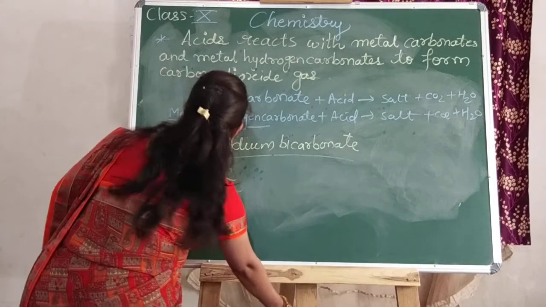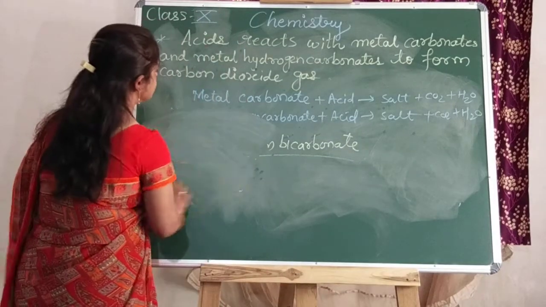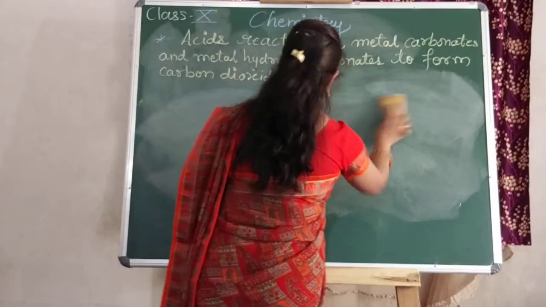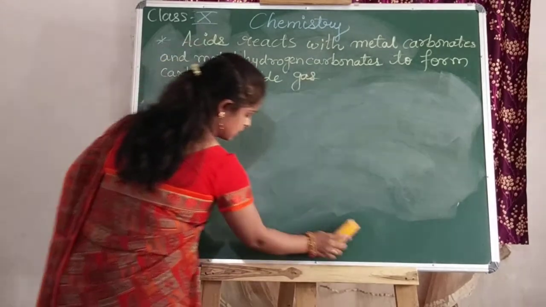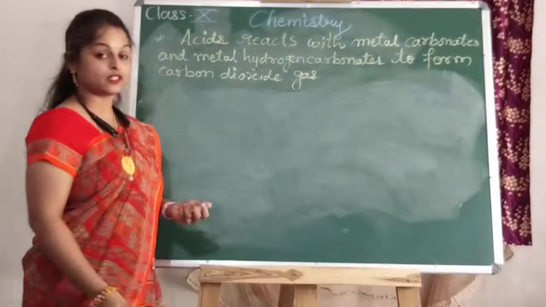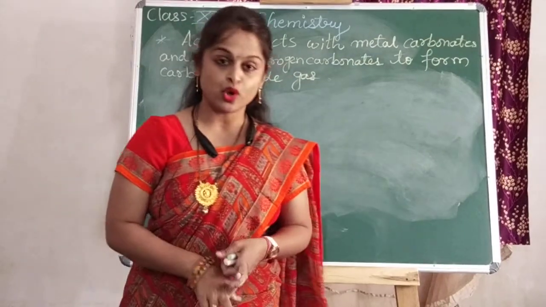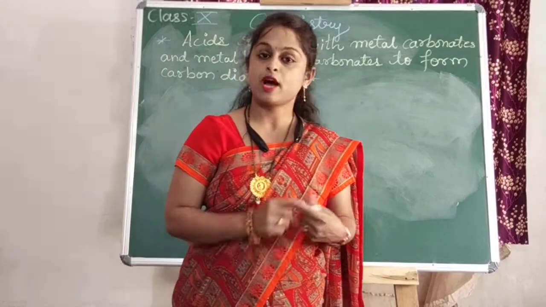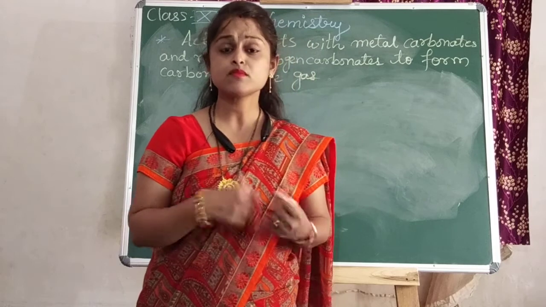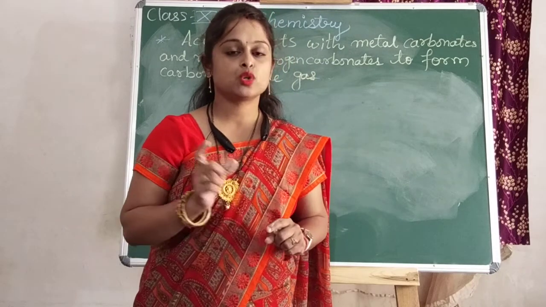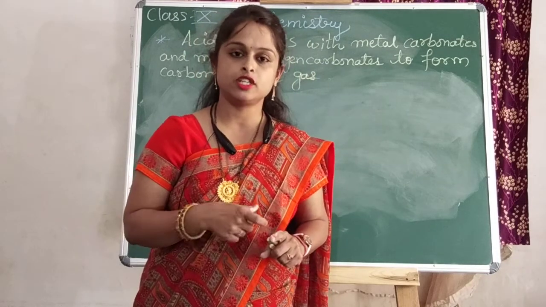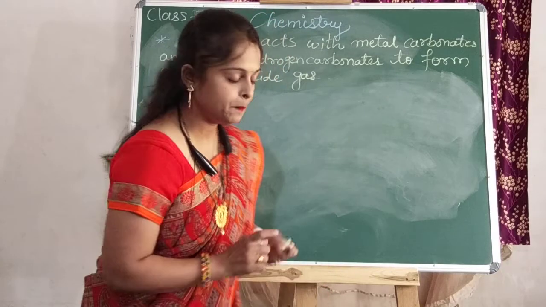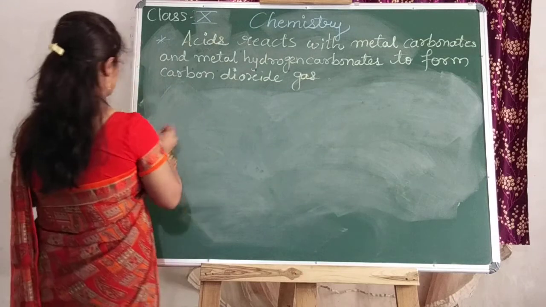Now let us see the reaction when the metal carbonate reacts with acid. जैसे कि मैंने आप लोगों को कल बताया था कि रिएक्शंस किस तरीके से लिखते हैं, वहाँ पे वो सॉलिड फॉर्म में है, लिक्विड में है या फिर गैसेस फॉर्म में है, ये आपको वहाँ पे मेंशन करना है। साथ ही साथ उसका जो केमिकल इक्वेशन होगा उसके नीचे you have to write its name also. Okay, let us see one.